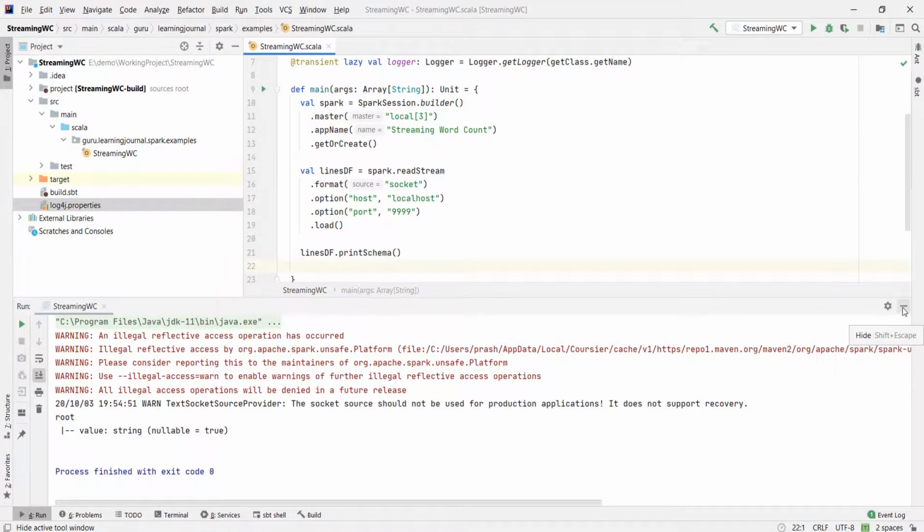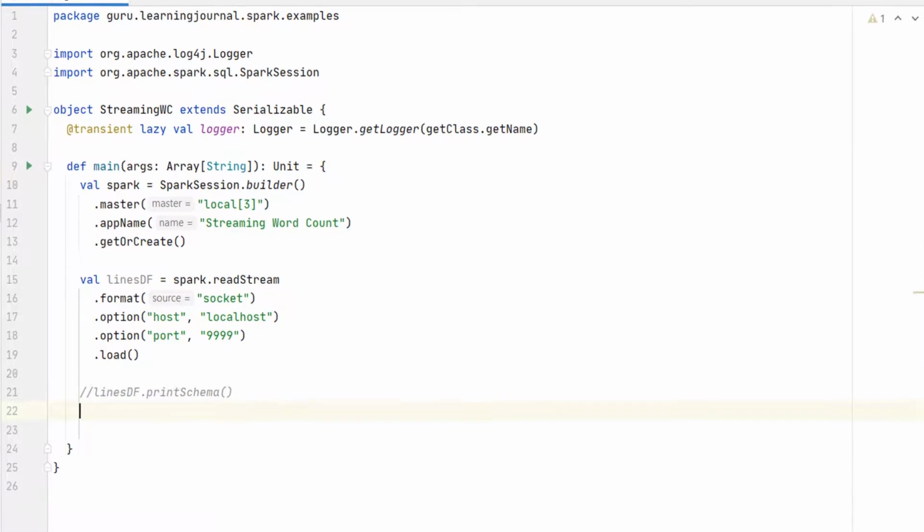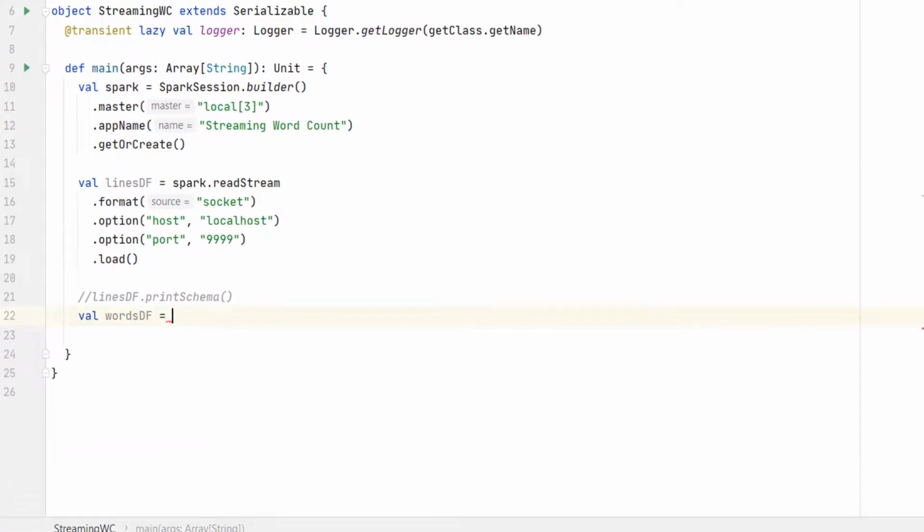Let's come back to the code. So how do I go about it? I mean, how can we compute the word count? We can do it in 2 steps. The first step is to split the value column by white spaces to separate the words. The second step is to group the words and apply the count aggregate. That's all, right? Let me do it. I'll create one data frame for separated words. So we start with the lines data frame and use the select method. I'll take the value and split it by space character.